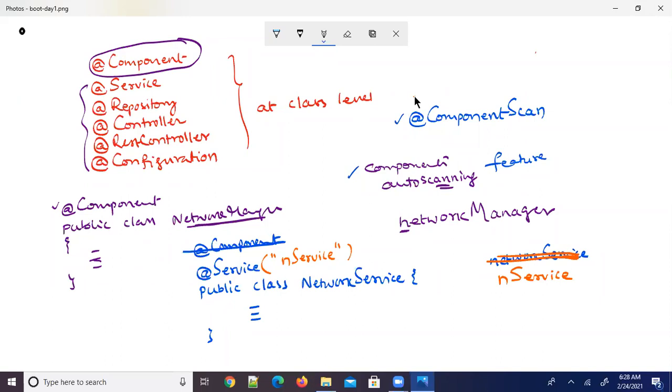So what will happen now in the Spring container is, using that bean definition, a single object will be created, and the same object is provided by the container to all the beans, because the default scope of a Spring bean is singleton. If you want to register any bean in the container with the scope as prototype, then you have an annotation called @Scope. The default scope of a bean in Spring is what? Singleton.